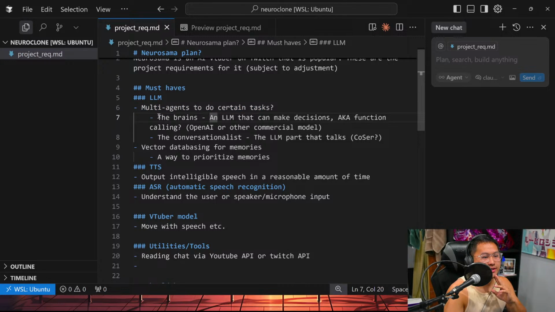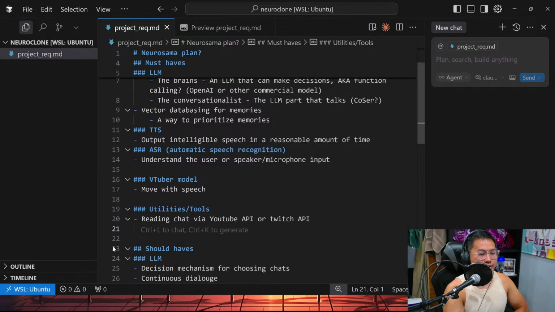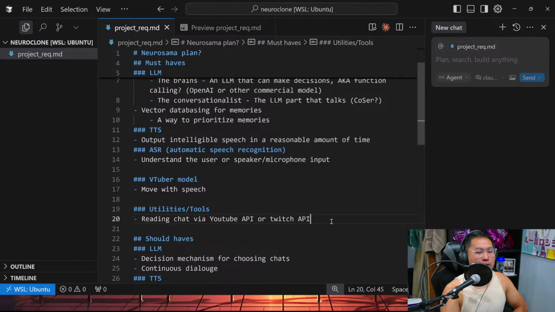LLM, multi-agent, like brains, conversation, and then some memories. Then it needs to be able to speak. Then it needs to be able to understand input. Am I forgetting anything here? VTuber model, move with speech, and then reading chat via YouTube API or Twitch API. I think that's pretty much it for the absolute bare bones for what I need it to be able to do.